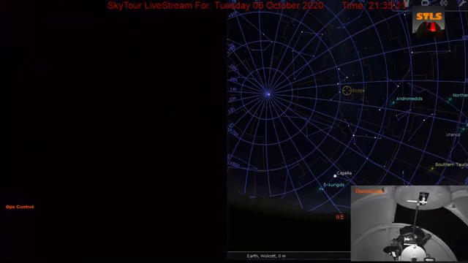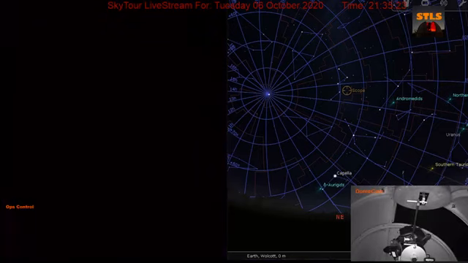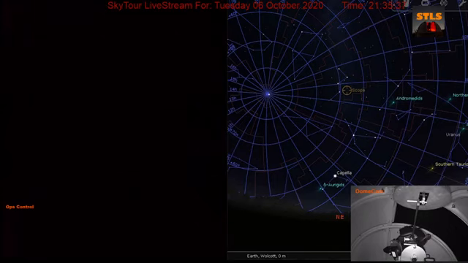And above that, as Mark pointed out, you see that crooked W is Cassiopeia, the queen. And to her upper left is that upside down house shape. That is Cepheus. He's the king. He's Cassiopeia's husband. Over to the right of Cassiopeia is Andromeda. She's Cassiopeia's daughter. And then to the lower right of Cassiopeia is Perseus, the hero.